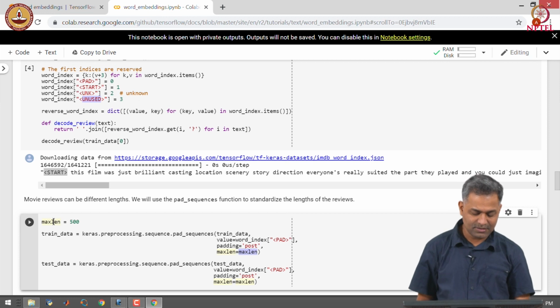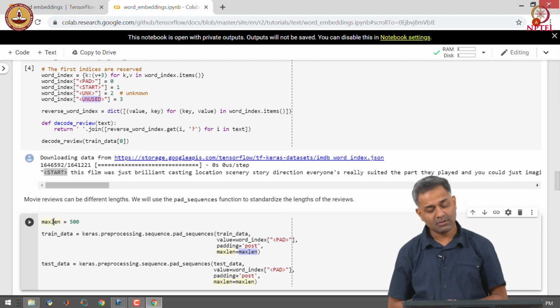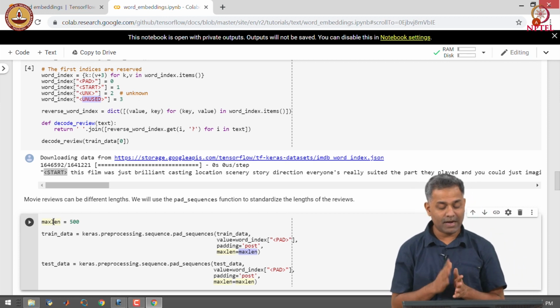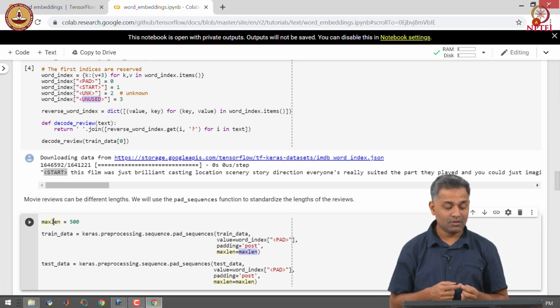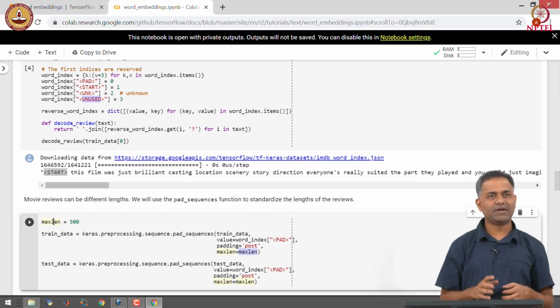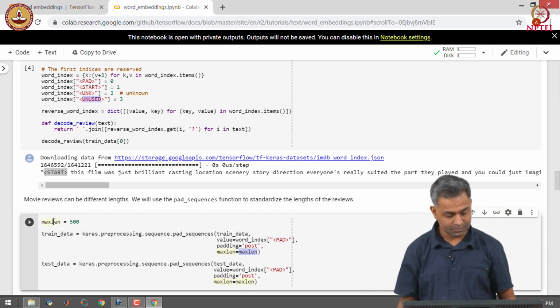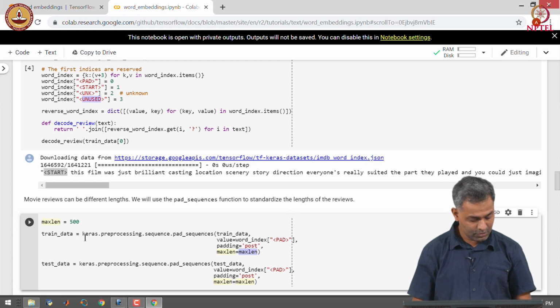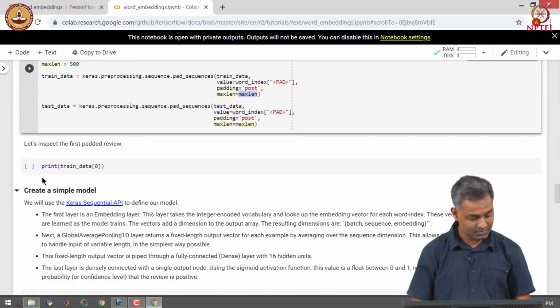If the sequence has lesser length than the max length, we add that many pads. If the review is more than the max length, we truncate the review. We apply the pad sequences function on both training and test data.